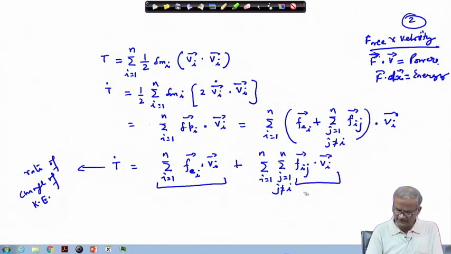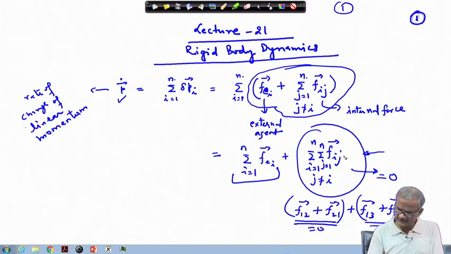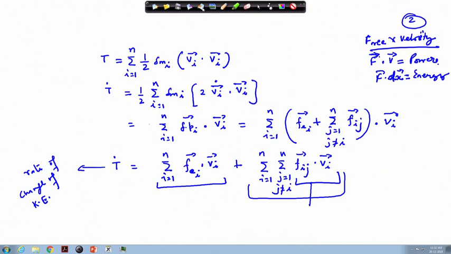Now, unlike the previous case where we were dealing with the linear momentum term, as we have looked here, the V i is not present and therefore, these terms are 0. But in this case it so happens that the dot product is present here, f e i j dot V i. So, the dot product is there and therefore, this term is not equal to 0. So, you can see that the rate of change of energy of the body also depends on the internal forces, because f i j is the internal force.